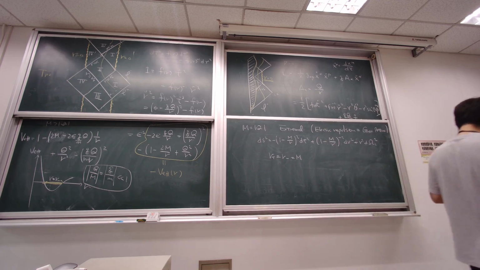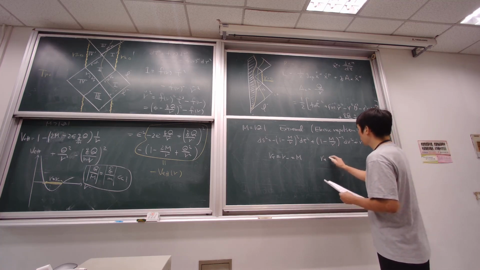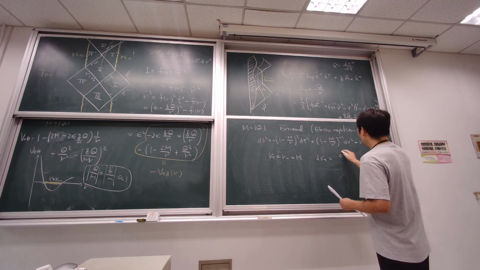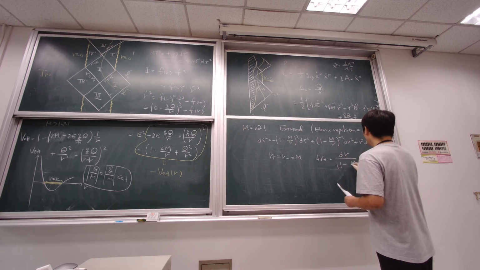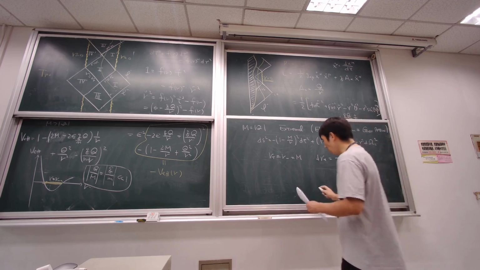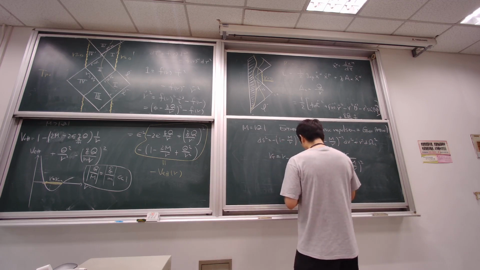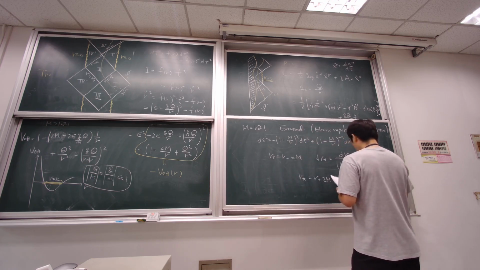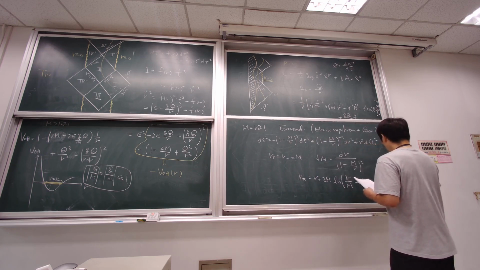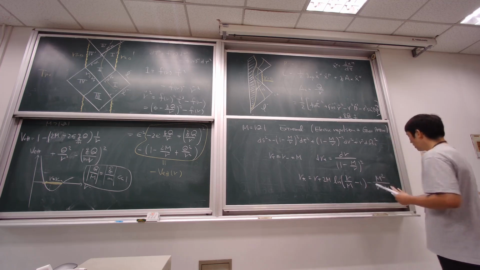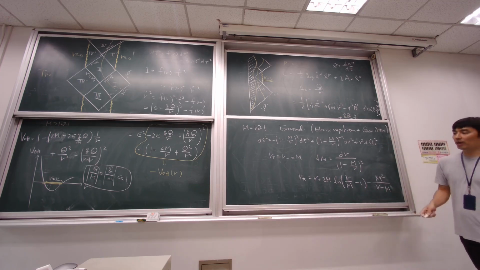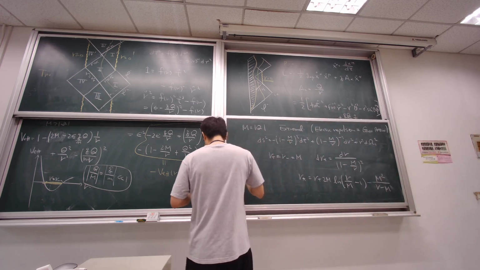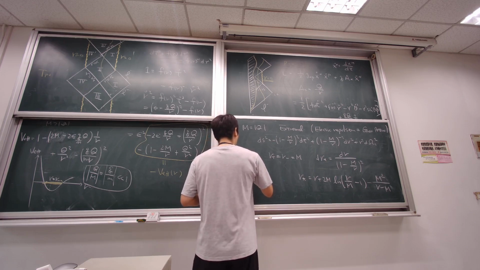Okay, and then we can just do the computation as before. Introduce the tortoise coordinate, dr star over dr. It's just a repetition: square it and then solve it. R star is equal to R plus 2M natural log of (R over M minus 1) minus M squared over (R minus M), and so on. And again the same exercise: v is equal to t plus r star, and u is equal to t minus r star.